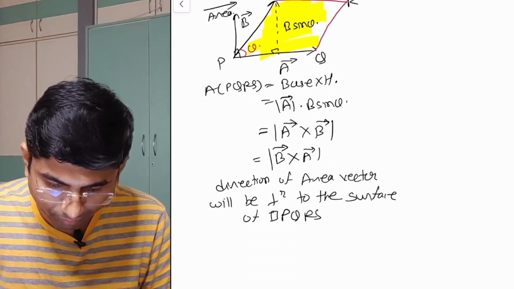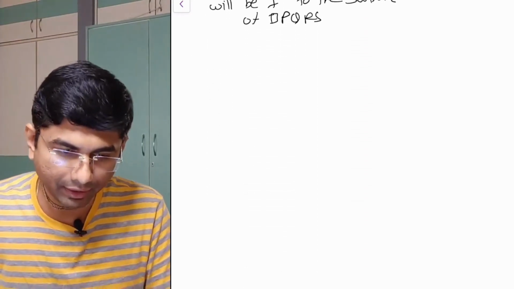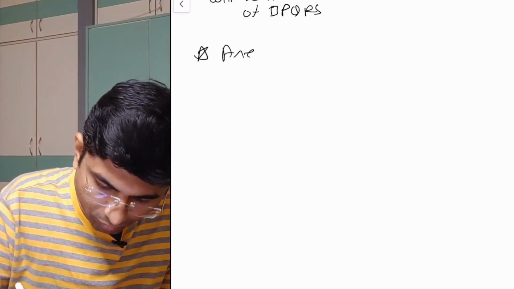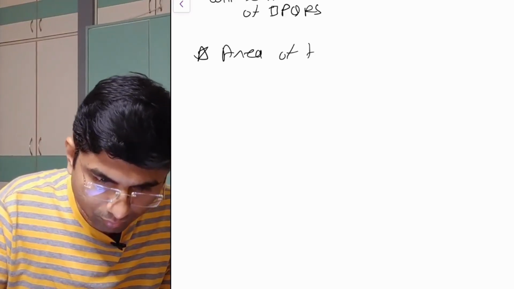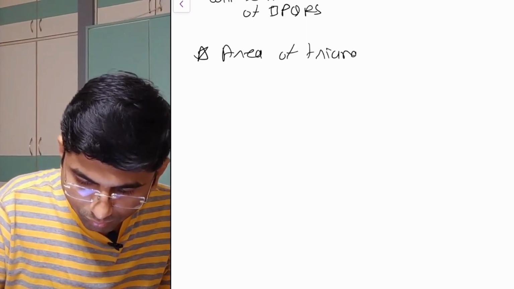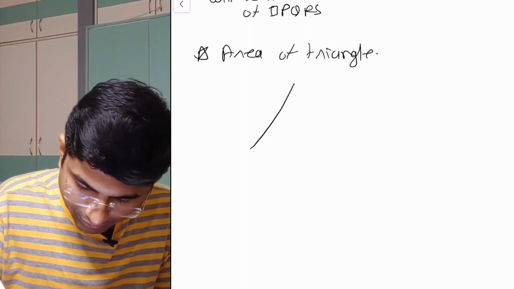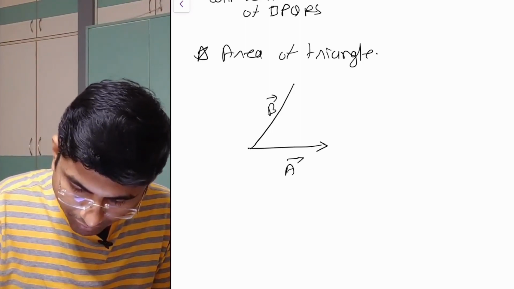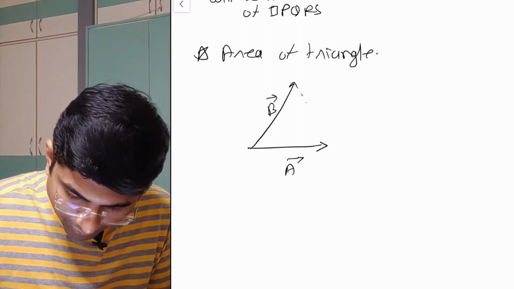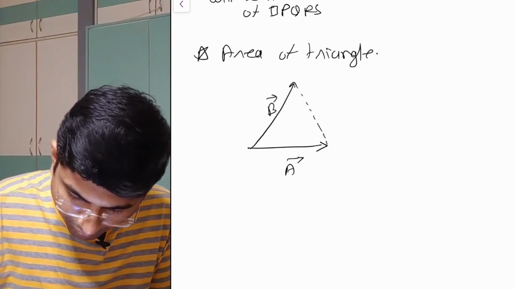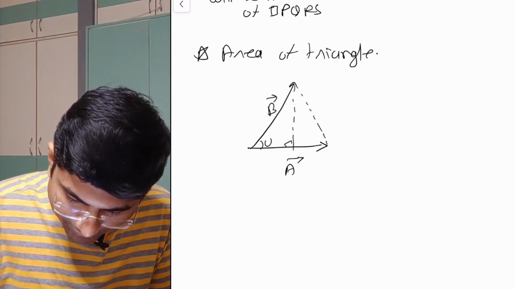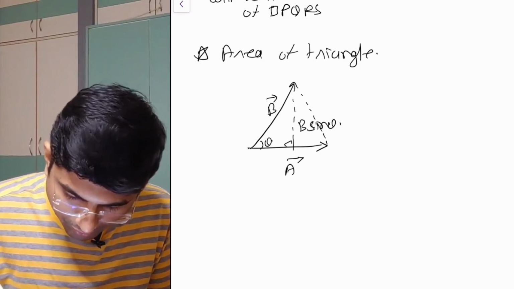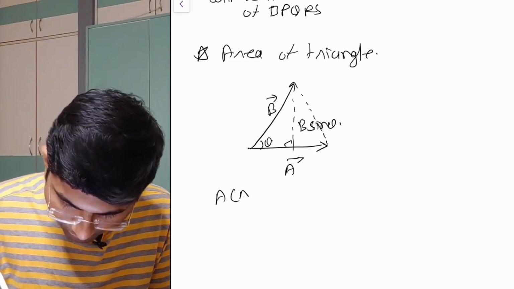In the same way, we can find out the area of a triangle. Just consider a triangle. This is our A vector, this is our B vector. We are joining this side, then our triangle is getting completed. This is the perpendicular, angle is theta here. This side will be B sin theta, and we know that area of triangle